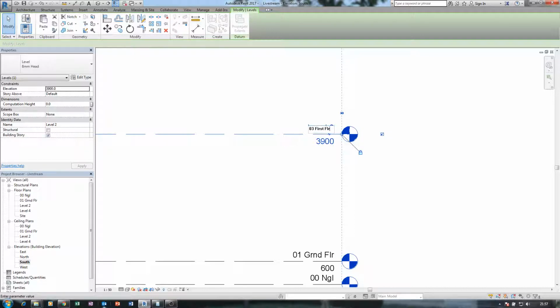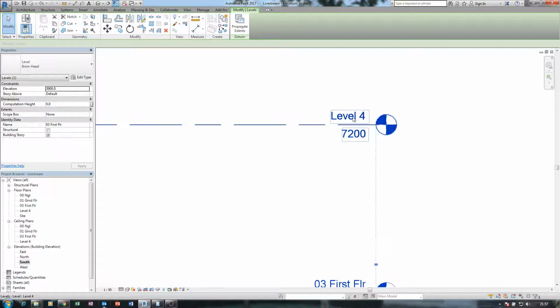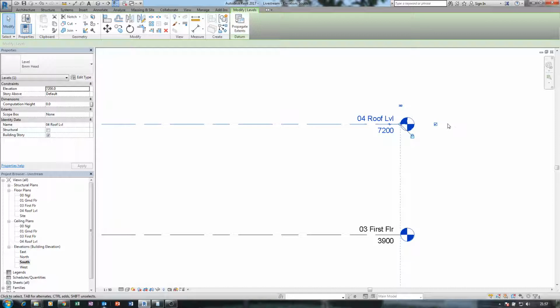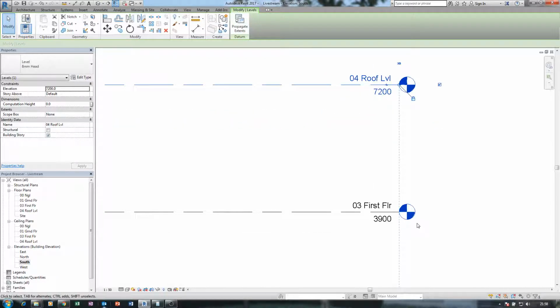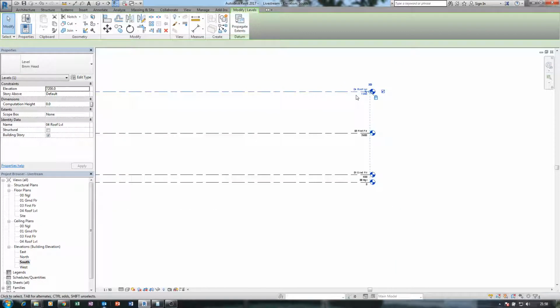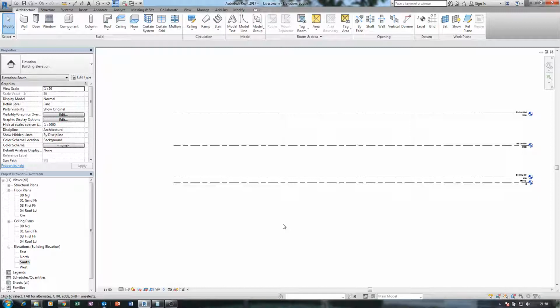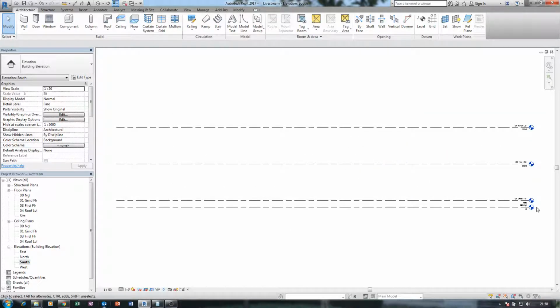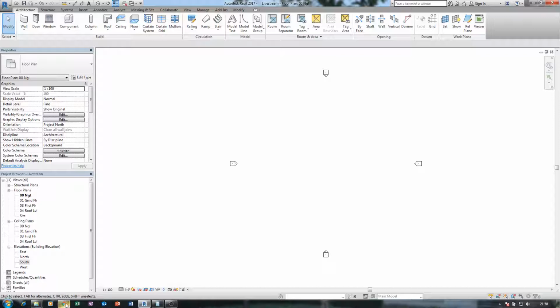First floor, and possibly if I'm going, so I'll just name this one roof level. Okay. All right. This 3.9 plus 3.3 should give us, I think it should give us this. Okay, 3.3, yeah. So that's nice, and this is what I have. So I can quickly go to this level now and start drawing whatever I want to draw.